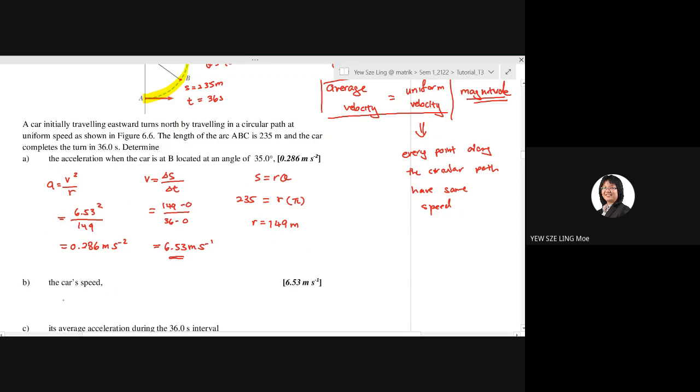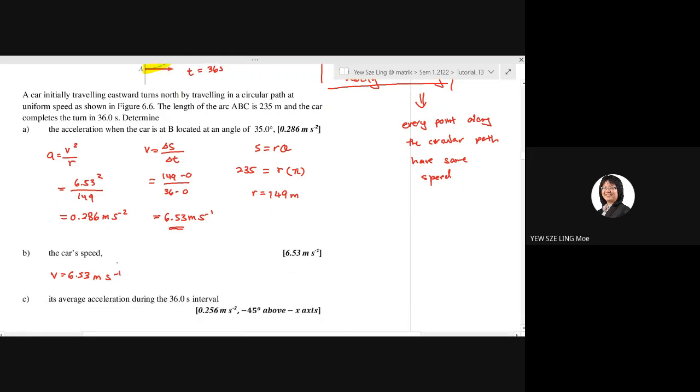So question B, the speed of the car, straight away you can say v equals 6.53 m s^-1. Now, of course, you have to show the calculations in the exam. You cannot just give the value. Or what you can do, you say refers to question A. So from here, you can then get the value. So by referring to question A, v equals